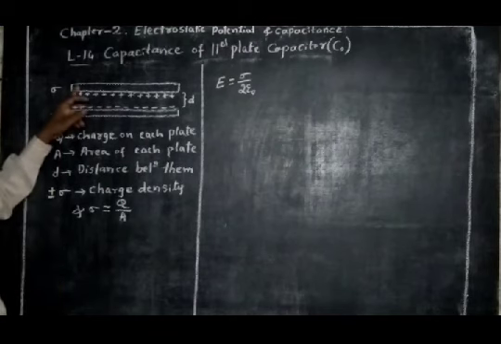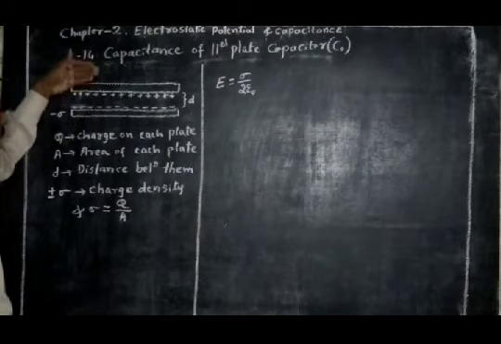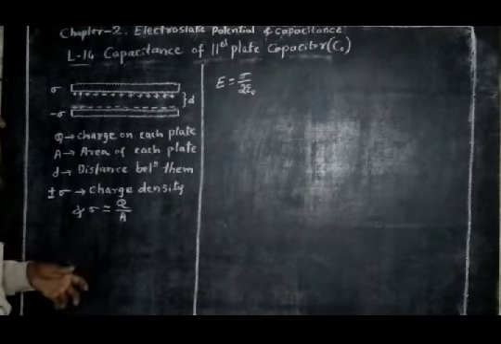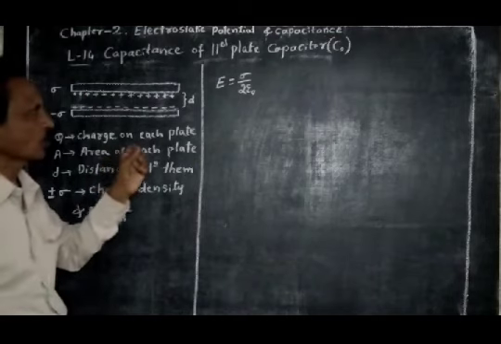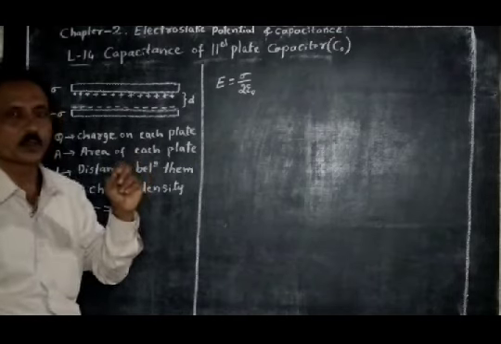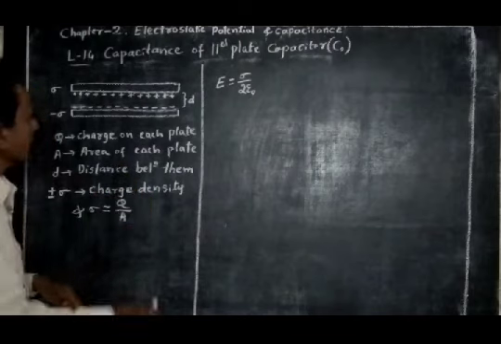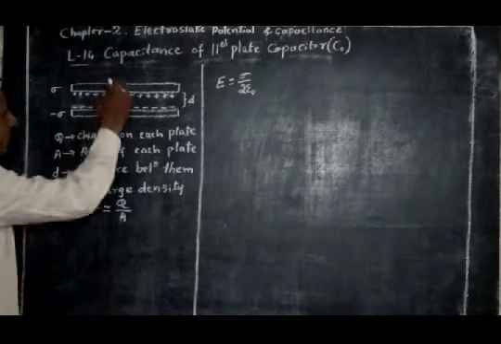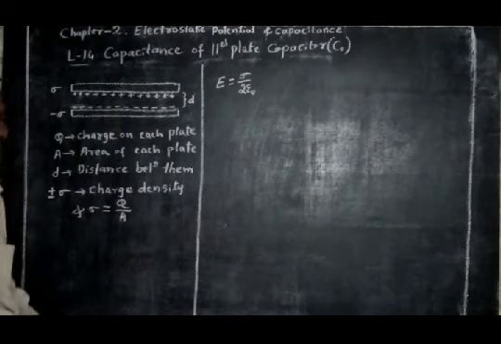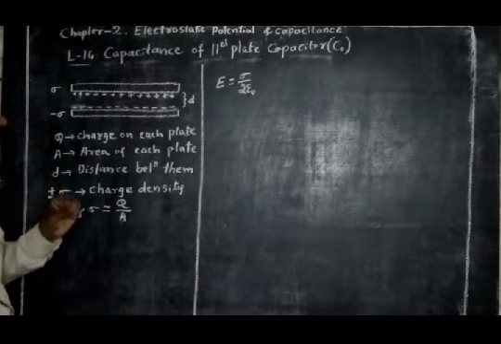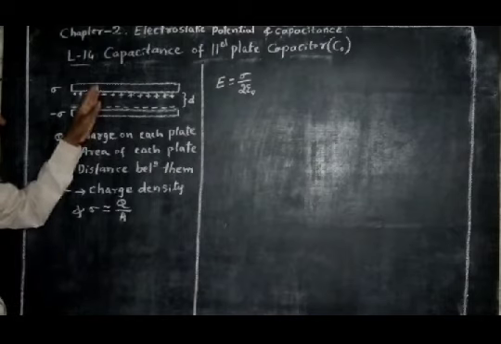Here the electric fields outside these plates are subtracted, that is sigma upon 2 epsilon naught minus sigma upon 2 epsilon naught is equal to 0. Hence the electric field outside the plates is equal to 0, and there exists an electric field only inside the plates